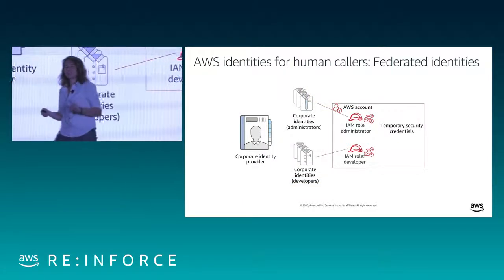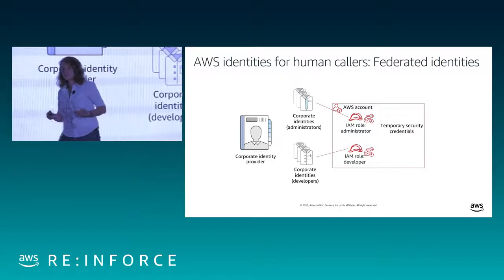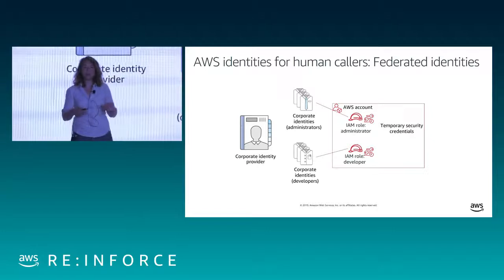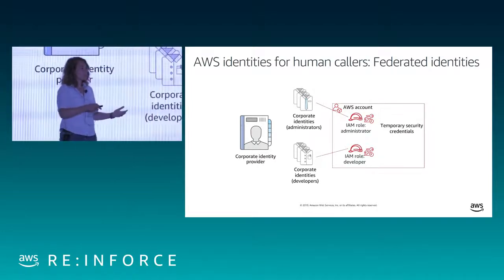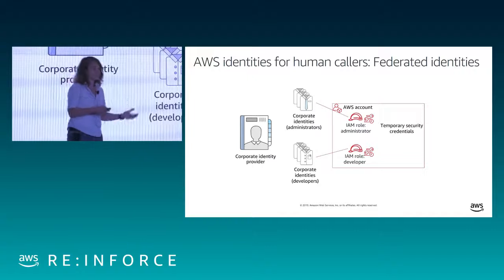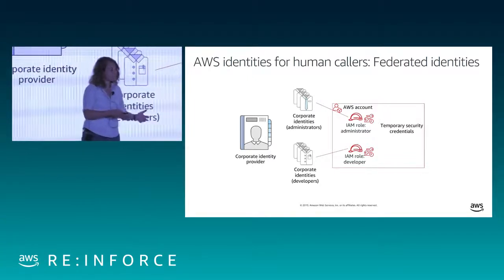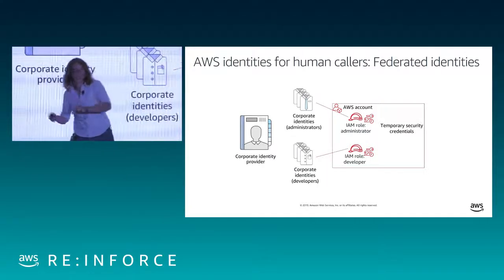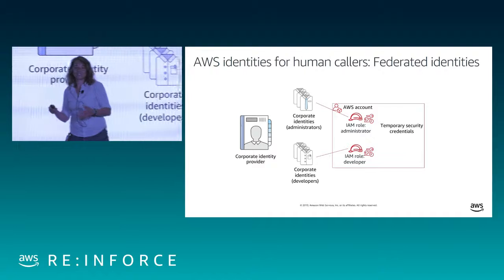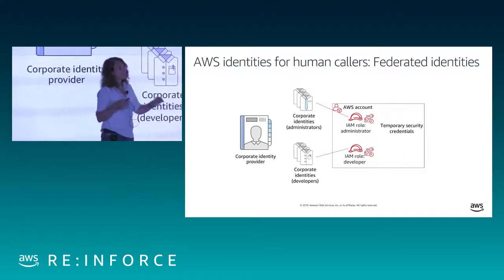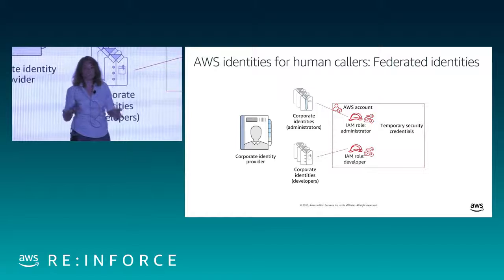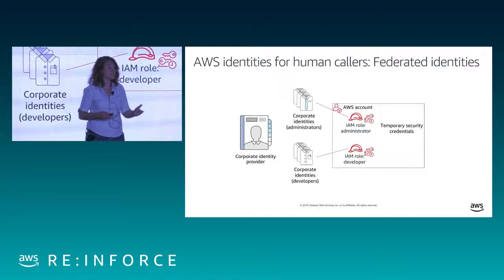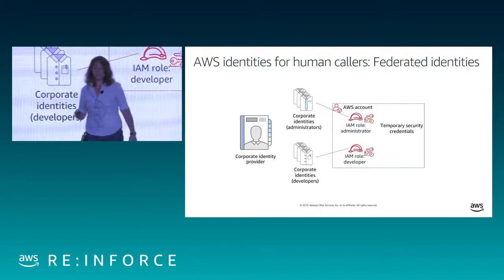Another way human beings can get into AWS, I'm not going to cover this topic in depth here, but if you're at a large enterprise organization, you might have seen this mode of getting into AWS. You've got your own corporate directory, like a Microsoft Active Directory, and you are signing into that, and then being federated, is the word, into AWS, landing in not an IAM user, but an IAM role. It's a different kind of principal, and a federated role is another way that a human being could have an identity in AWS from which to make calls.